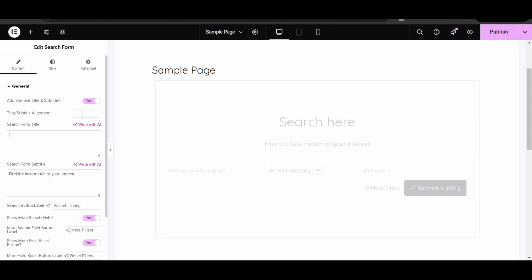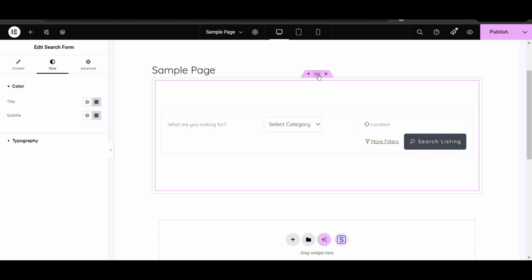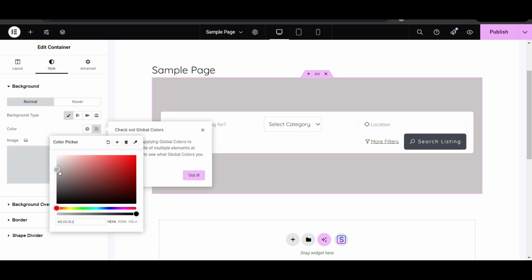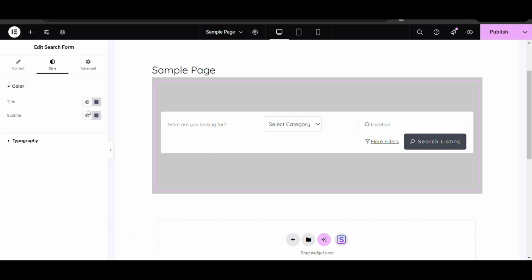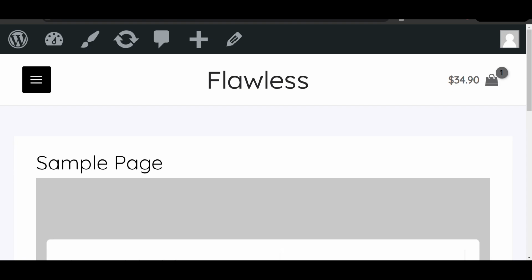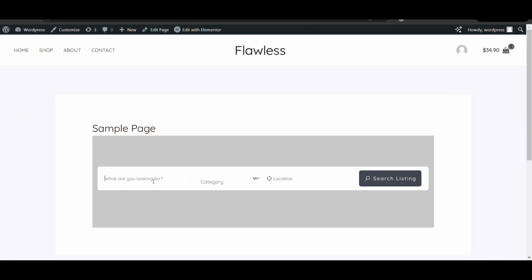If you don't want to display the title or anything, you can style it. Like I want to style this whole section with some background. I can add it. Here you can see now it looks better. Here you can see this is my search bar.